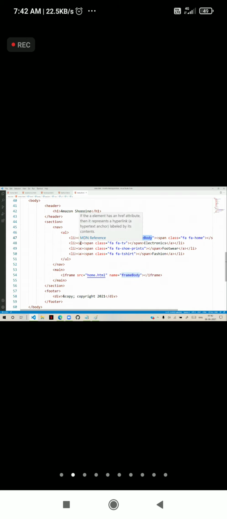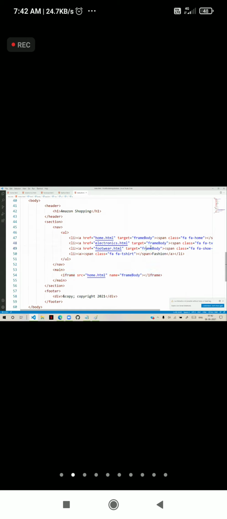Similarly, electronics: href is equal to electronics.html and target frame body, that means open in the frame body. Href is equal to footwear.html, target is equal to frame body. Remember, for the name of the iframe, capitalization matters.